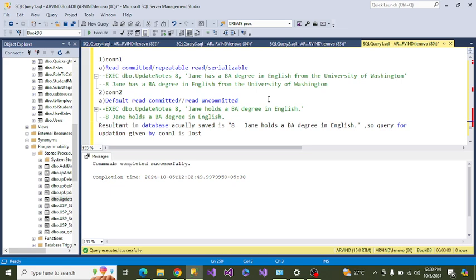So they are both going to be updated, meaning two users, two unknown users from two different locations. If you try to update, the second one is going to be saved.